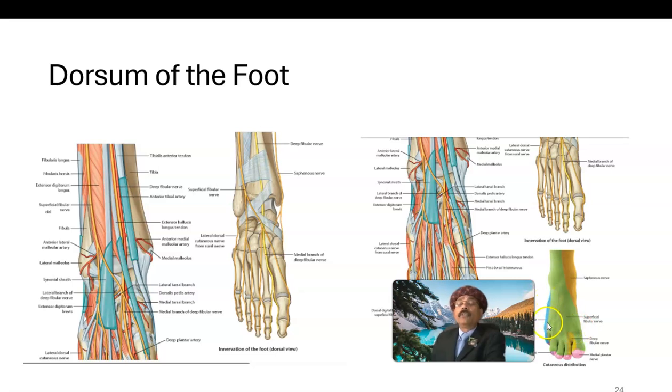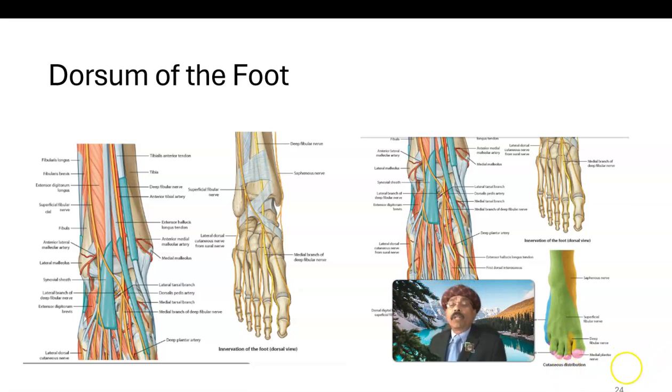Lateral border of the foot, the cutaneous innervation is carried by the sural nerve, a branch of the tibial nerve. That nerve passes behind the lateral malleolus. Cutaneous distribution of the first interosseous space is the deep fibular nerve, including the nail bed. Okay,